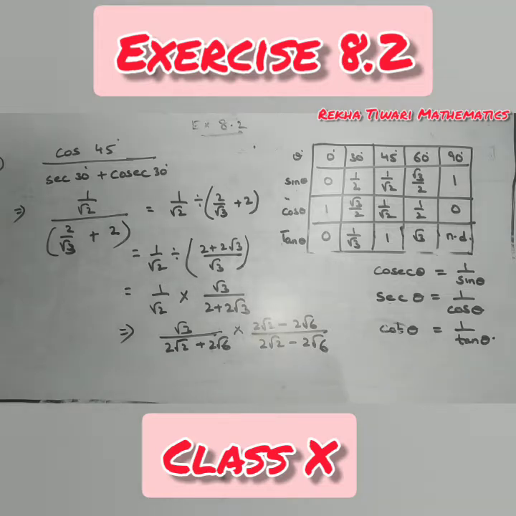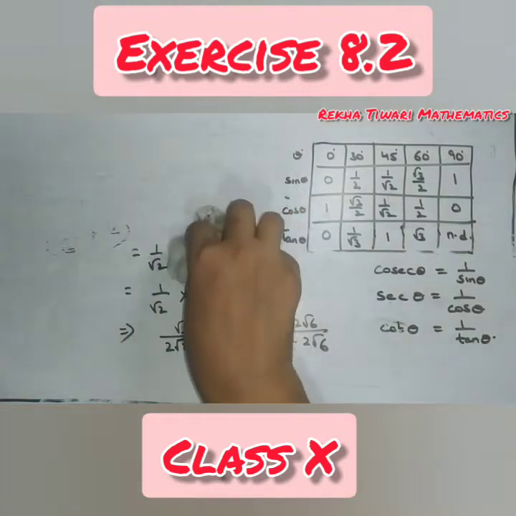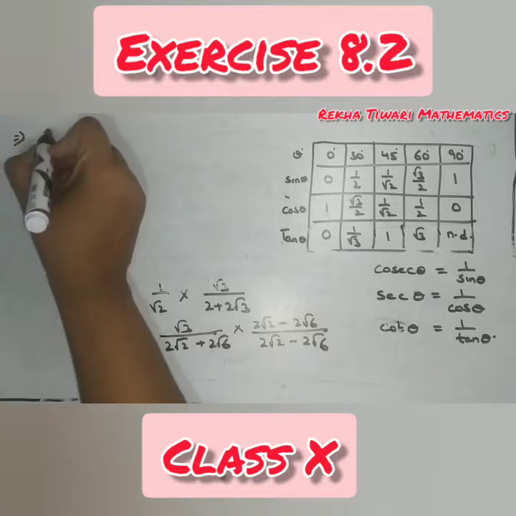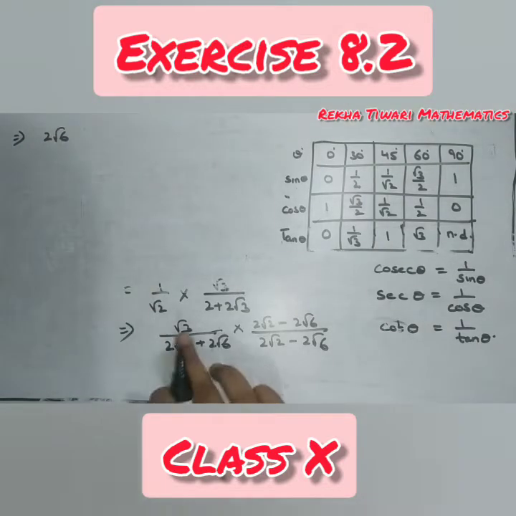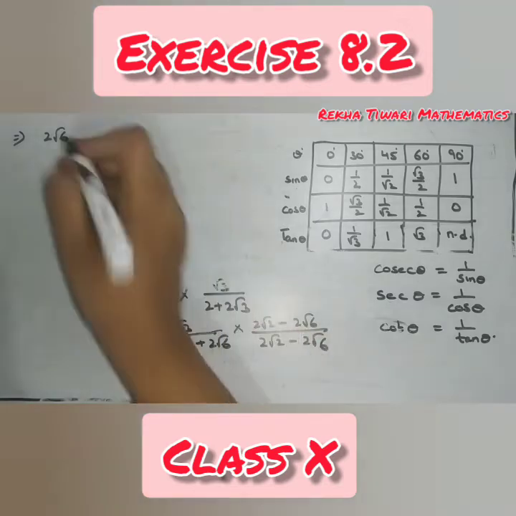You have to be very much particular about the calculation part. First and second are very easy. Here you have to see the calculation. Now look here, multiply these two terms by root 3. What do you get? You will get 2 root 6, 2 root 2 into root 3, 2 root 6 minus 2 root 18